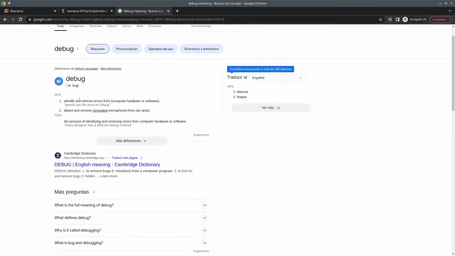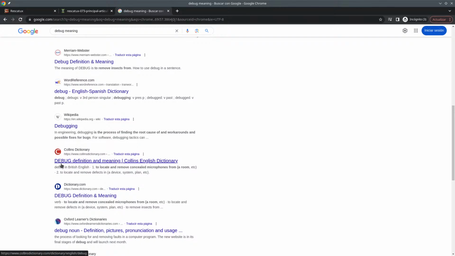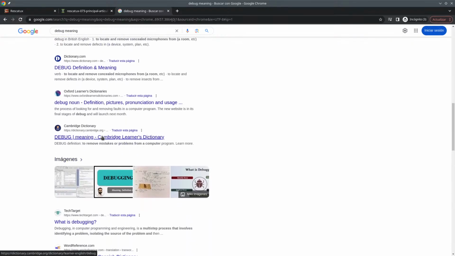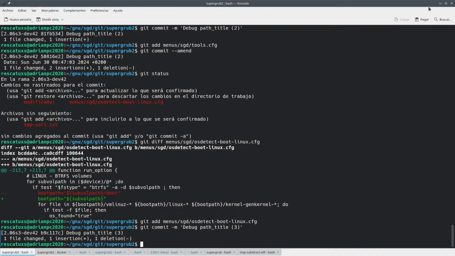Yeah, identify and remove errors from computer hardware or software, and we should have, look at that, a multi-step process that involves identifying a problem, isolating the source of the problem, and everything. So